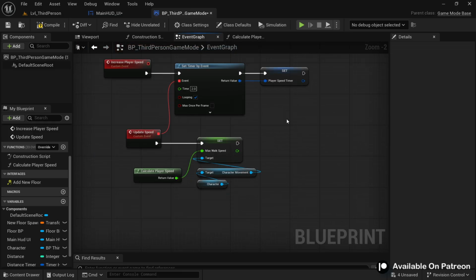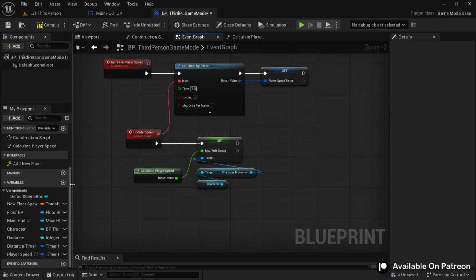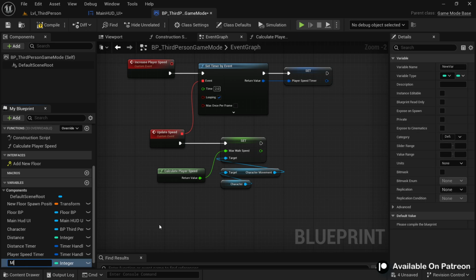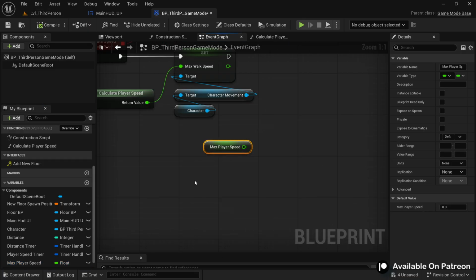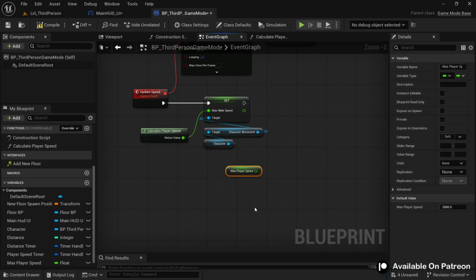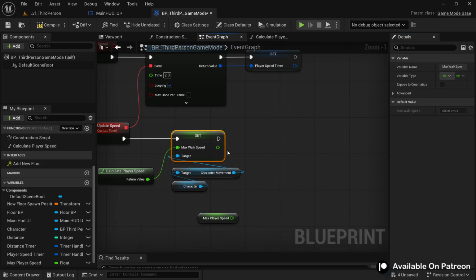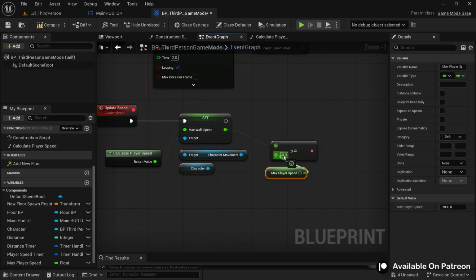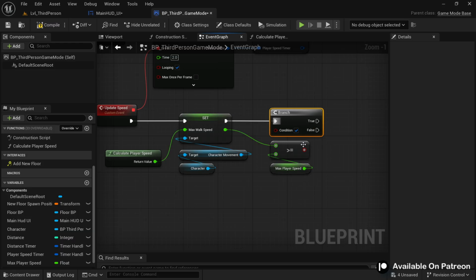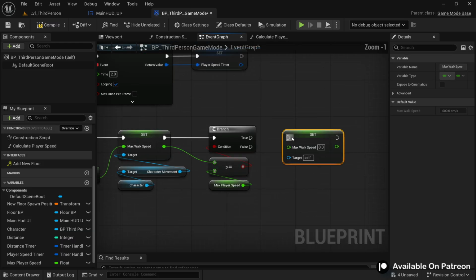Now there must be a limit to add the speed to the character. So for that, let's create a variable. Let's call this max player speed, and make sure it's a float. And inside this variable, we are going to store the maximum speed of the character, and I'm gonna set it to 2000. Since it's enough for our character, I guess. Now we are going to compare it with our player's current speed. So if our player's current speed is greater equals to the max player speed, in that condition, we are going to set the current speed to max,